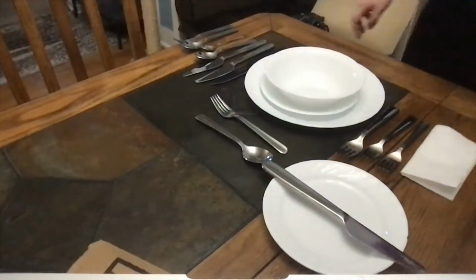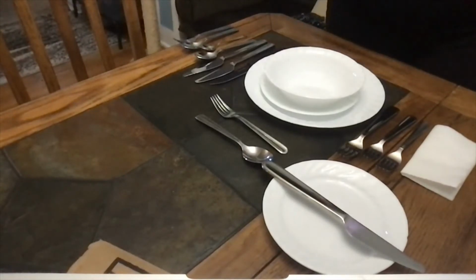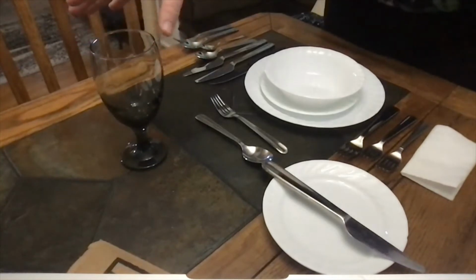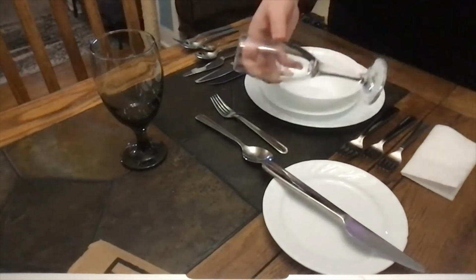Okay, so the next couple of things we're going to have, and again, this is going to be based on what you're serving. For a formal American dinner, you might have all of these available. You might not, but you're for sure going to have a water glass. So we're going to put that right here. I'm actually going to move it up a little bit because of how many dishes I have. That's going to be followed by your champagne flute,